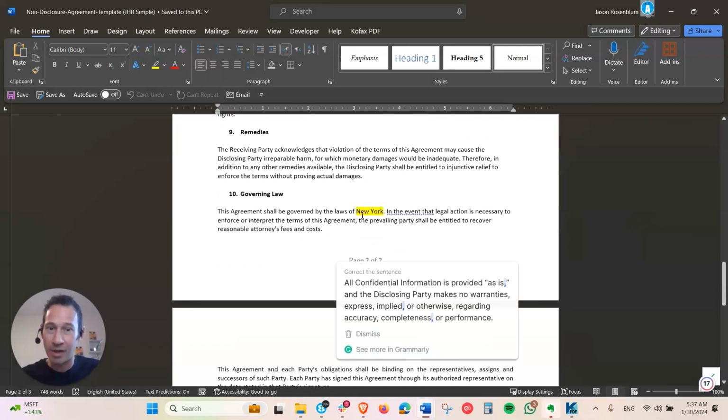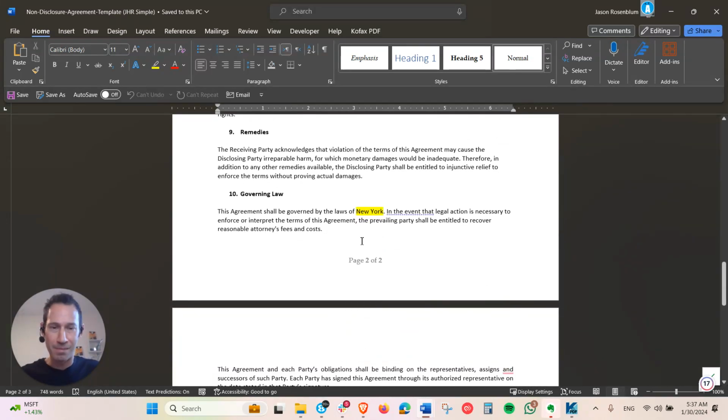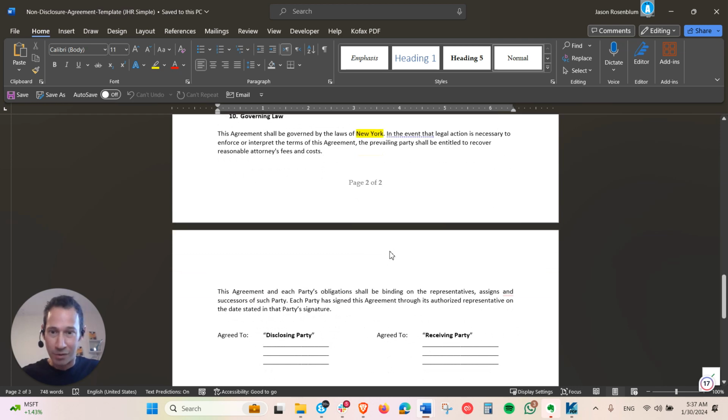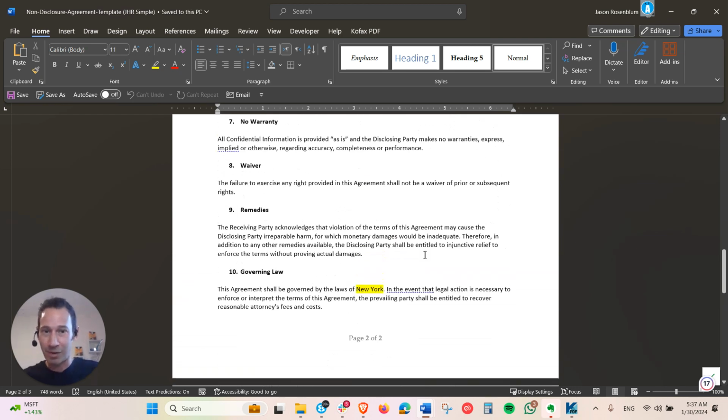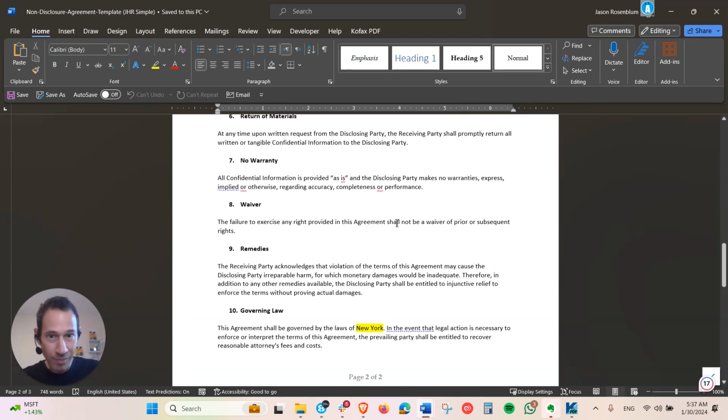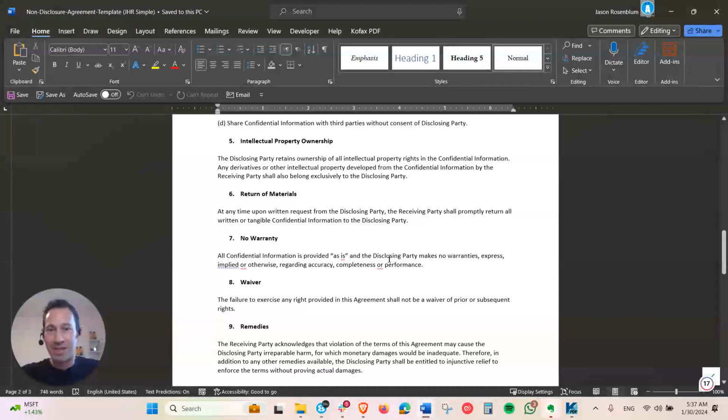This one governing law here is New York. I'm a New York attorney, so this is limited for use in New York. If you're going to use it outside of that, you should have a lawyer in your state look at it. And this is a very simple, basic one. I would use this if you're speaking to a graphic designer, if you're speaking to a product designer initially, if you're speaking to a potential investor, at the initial stages. That's where this is good, because it's very simple.